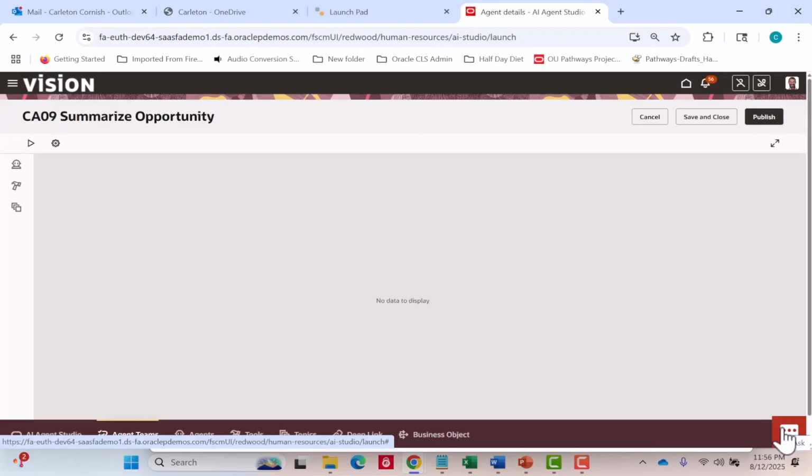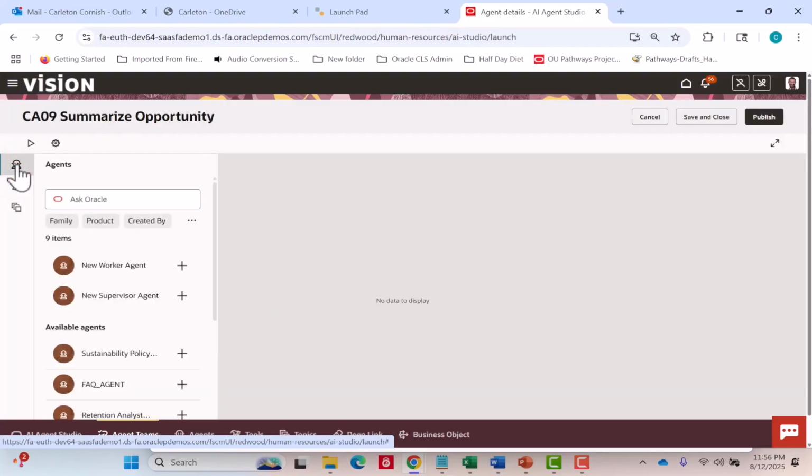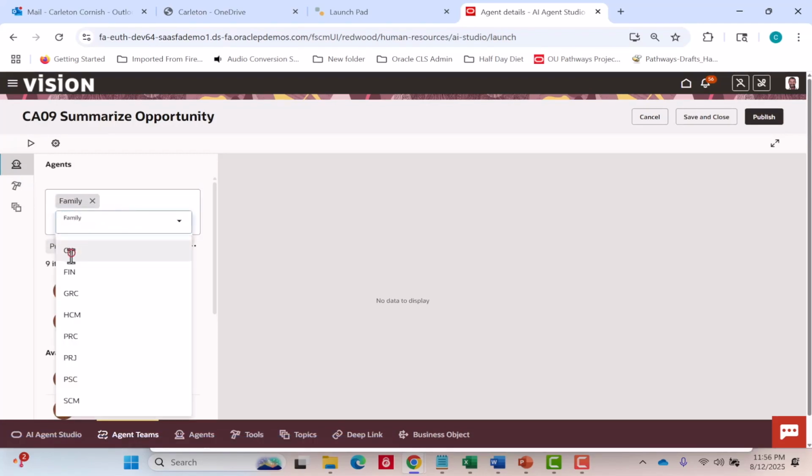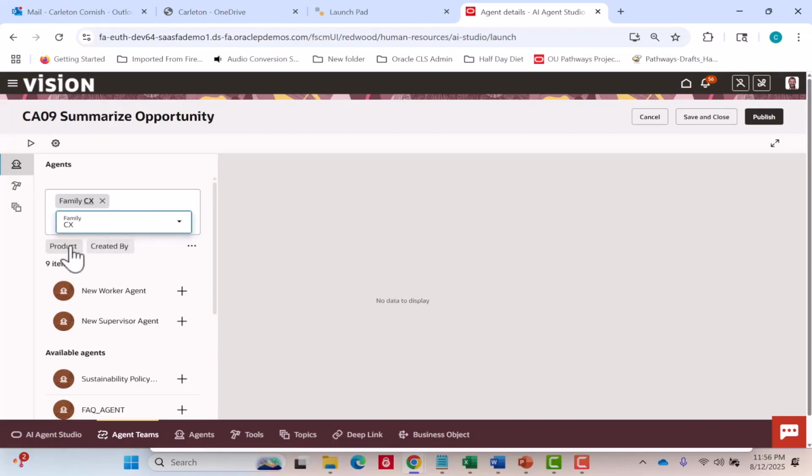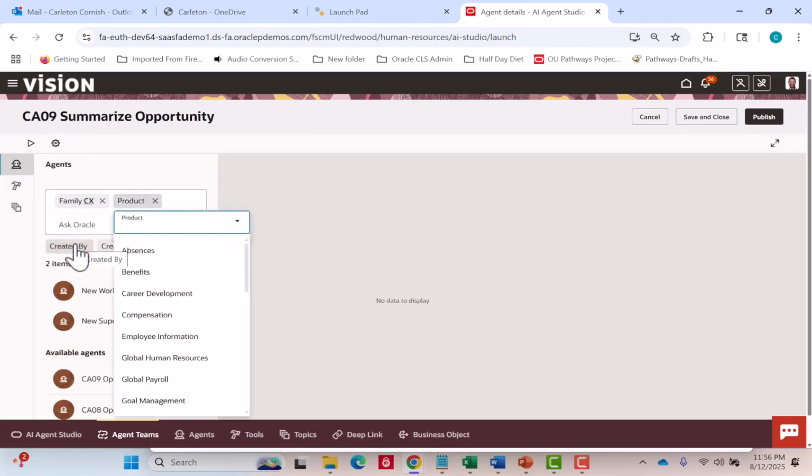Now notice even though we've created this agent team, there's nothing to display here, and that's because we need to add the agents or add an agent to our agent team. Okay, so click the agent icon to add a new agent to the agent team. We'll filter on Family, CX, on Product, Salesforce Automation,